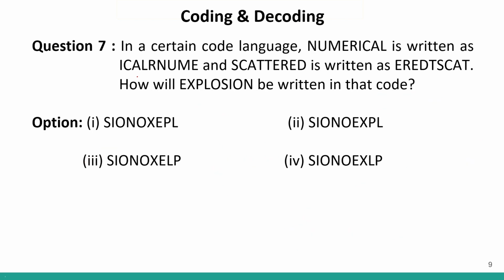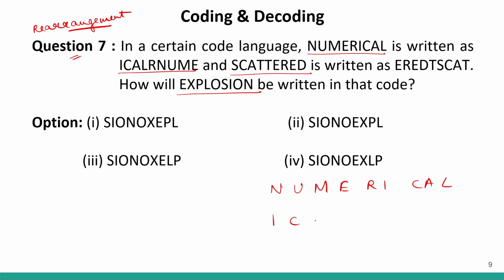Moving on to question number 7. Question number 7, in a certain code language, numerical is written as like this, scattered is written like this, and we have to find how explosion will be written in that language. Okay. So, numerical, I can see that same letters are there. Same letters are there. That means we have to assume that we are rearranging. We are not using the concept of forward rank or backward rank. We are rearranging. So, if I am rearranging NUMERICAL